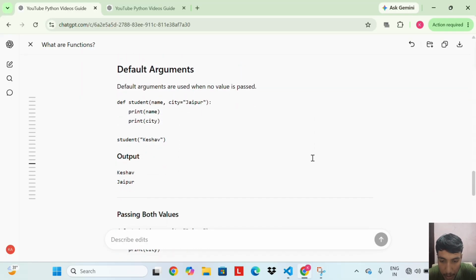Default arguments. Default arguments are used when no value is passed.